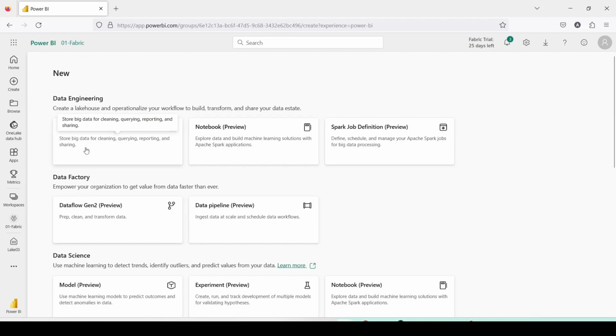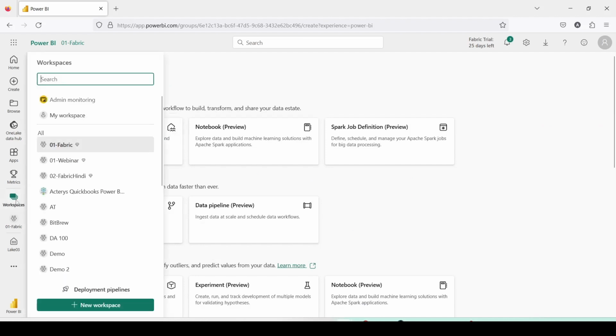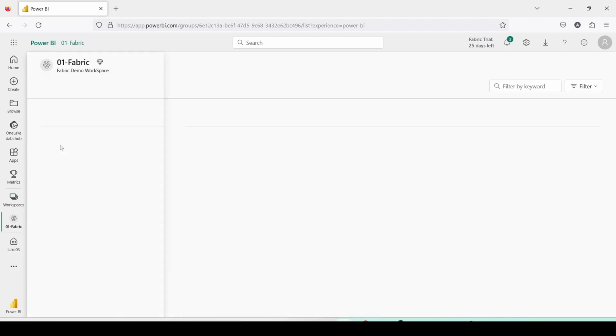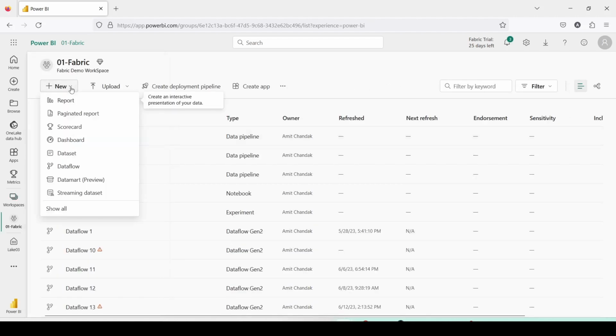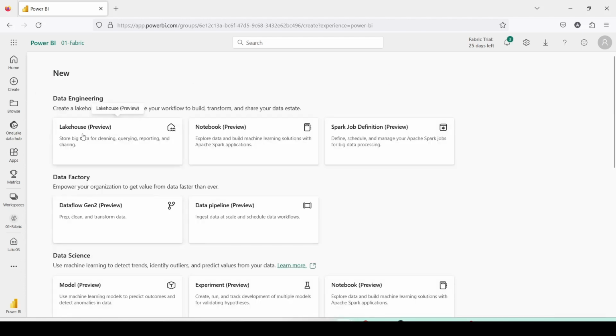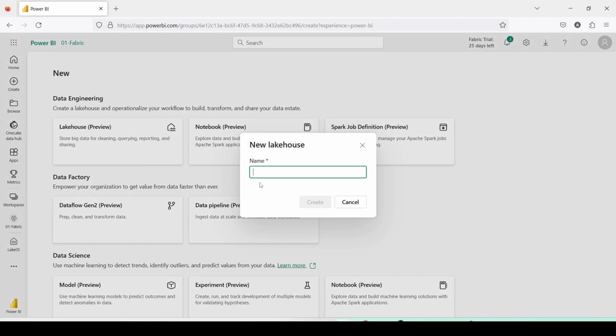So I'll click here. Let me repeat the steps. I clicked on the workspace, went to 01 Fabric. Then from the Fabric, I clicked on new, and inside the new, I have used show all. Once I clicked on the show all, I came here and I used the lakehouse, and in the lakehouse, I'm going to use lake dest 1. So lake destination, or let me use destination 1 lake, so that both lakehouse and warehouse appear at the